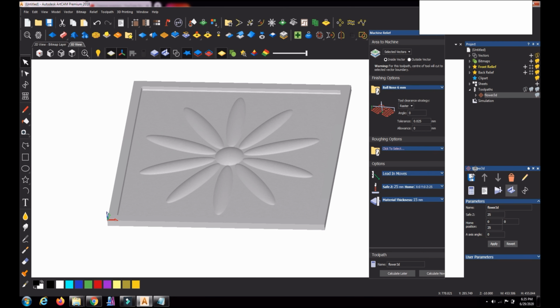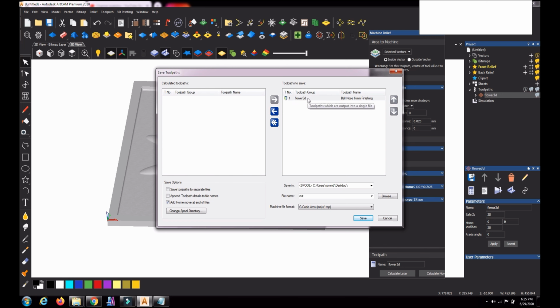If the output is okay, then as we explained, we can save the toolpath. Just click save the toolpath. You have the flower 3D. Then whichever directory we want to save to, we can save it, and if you want to change the directory, you can change it here.